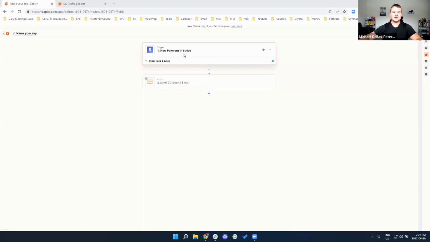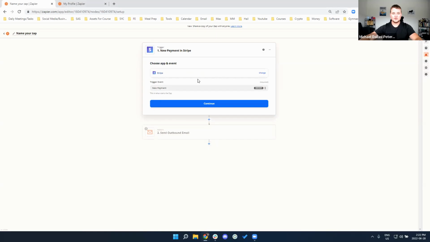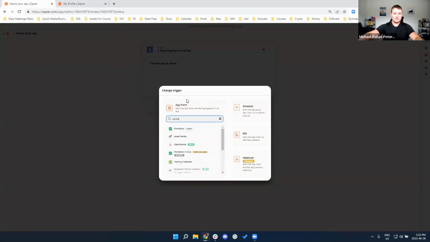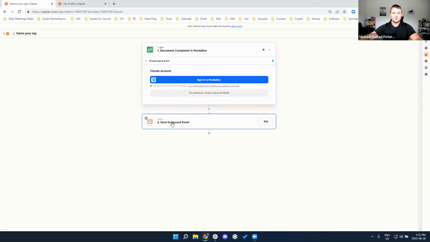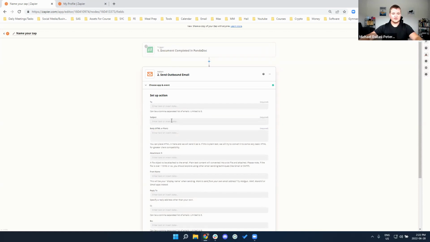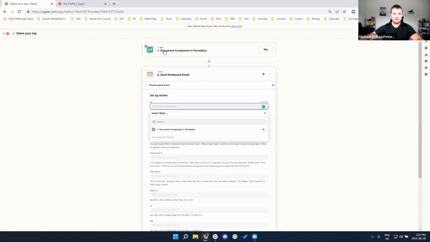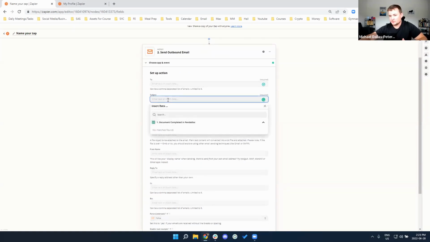So hypothetically speaking, let's just come up with a situation in which we need to send an email. Let's say there's a new payment in Stripe and you want to send an email to that person. Or hypothetically, let's say PandaDoc, say you have an agreement, a document that's been completed, okay? What you want to do is send an outbound email. And so you would basically map the fields from PandaDoc, say their email. You could come up with a subject line saying like,